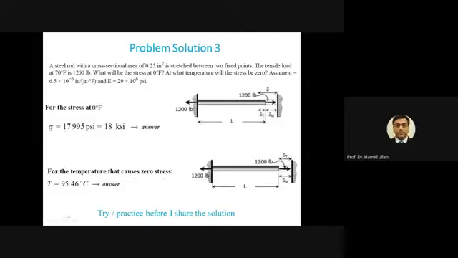In this case, I have written that basically stress equals how much? Here you can say 17,995 psi, but the best way is to make it in kilo psi. So it is 18 kilo psi, kilo pound per square inch. This is the stress which will be produced in the body when its temperature is dropped to 0 degrees from 70 degrees F. And the temperature that causes zero stress, the time when in the body there will be zero stress, what will be the temperature at that time? So the answer is there.